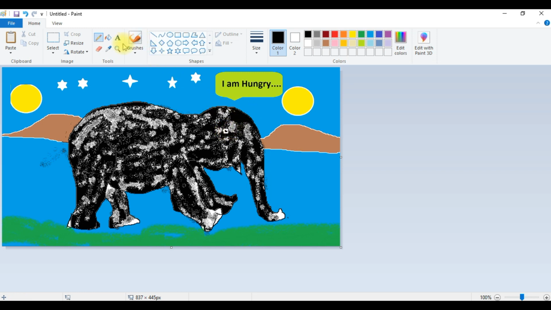We can take this tool size, we'll take this and change that to white. In that you can fill white.